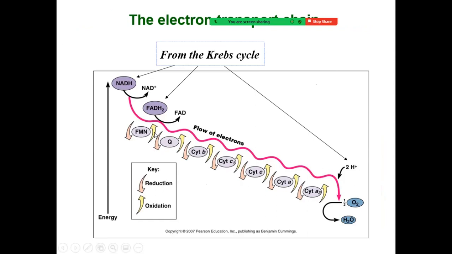And the point is, the electrons give up their energy in steps, and the release of energy means the cell can stay at about 37 degrees instead of 1,000 degrees Fahrenheit, which would kill the cell, by the way. And so the energy in the electrons is reduced slowly in steps.